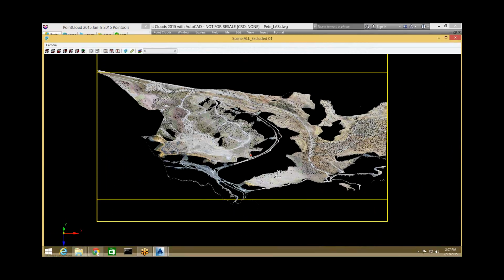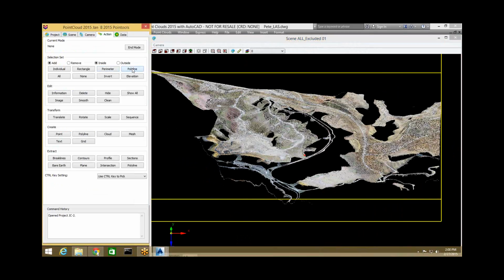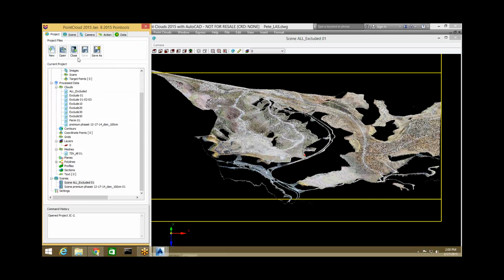he had quite a bit of trees and the like, so I used polyline, because I drew in AutoCAD on top of the aerial photogrammetry to bring it in and draw in here. And then I used that same feature that I did before, except I used polyline to select the individual polylines and then remove those. In other words, I used this, inverted, and did that with several polylines at a time. There's so many polylines that I did it in several steps. And then when I was done,